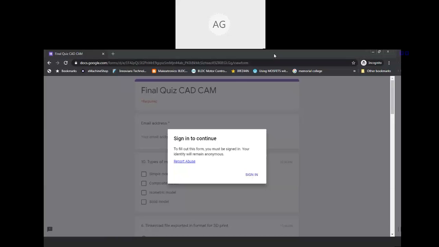If there are any queries, you can type them in the chat box. I'm sending the link again. This is the link over here in the chat box. Dhaka sir, kindly share this link in the WhatsApp group also. If some participants are not able to access it over here, they will be able to access it in that WhatsApp group. Meenu madam, yes sir, you can post in the WhatsApp group also.